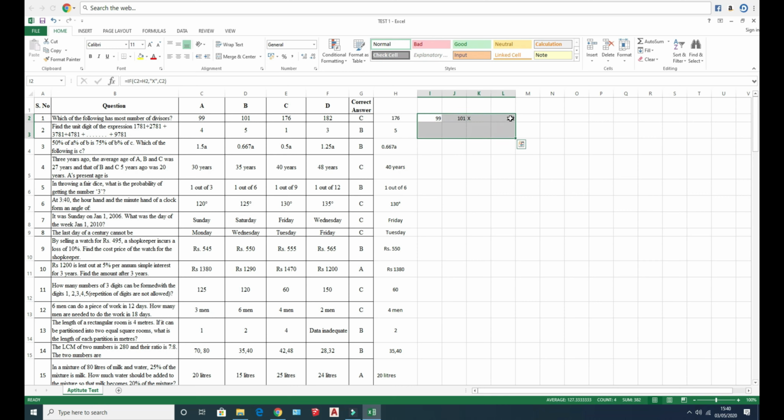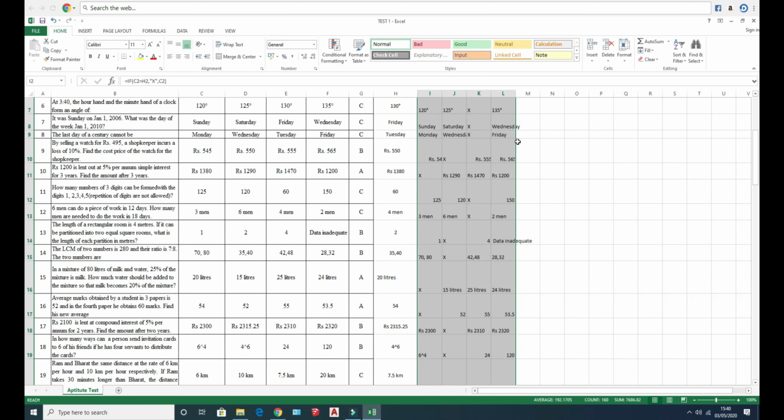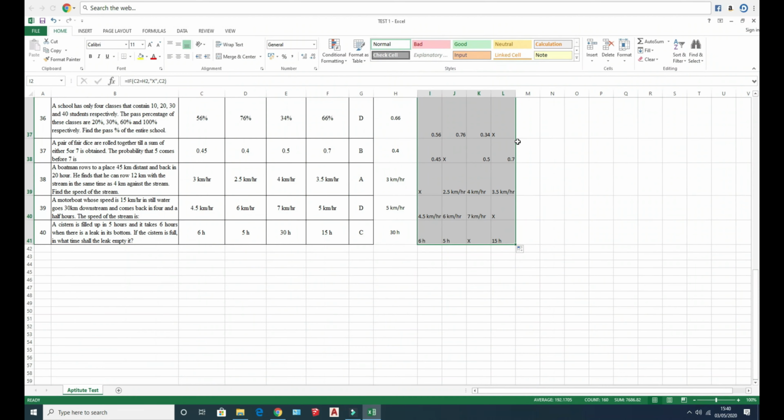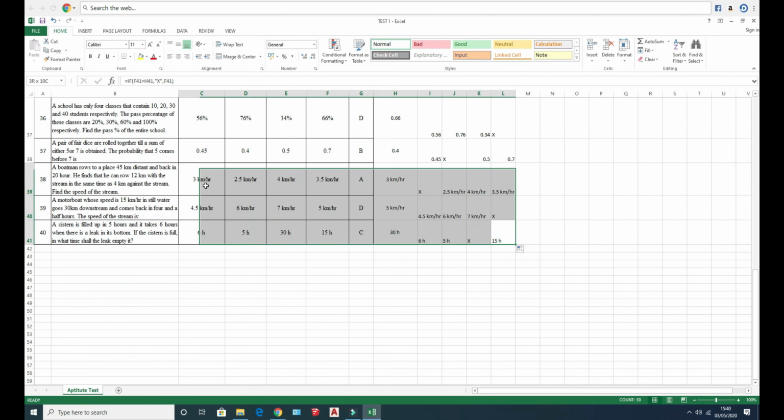You have to just select all the 4 cells and double click it. Similarly, for the other questions we are able to get the answers.